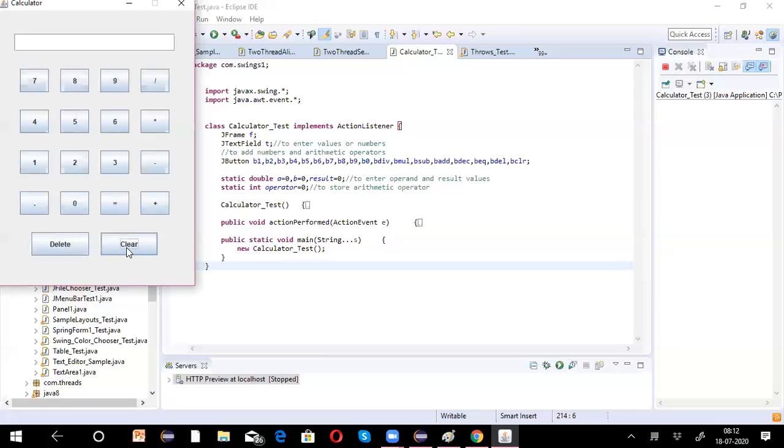Clear means all the text will be lost because textField.getText is null. But if it is delete, you are reading number by number, removing one character and setting the text. Okay, this is the logic here.